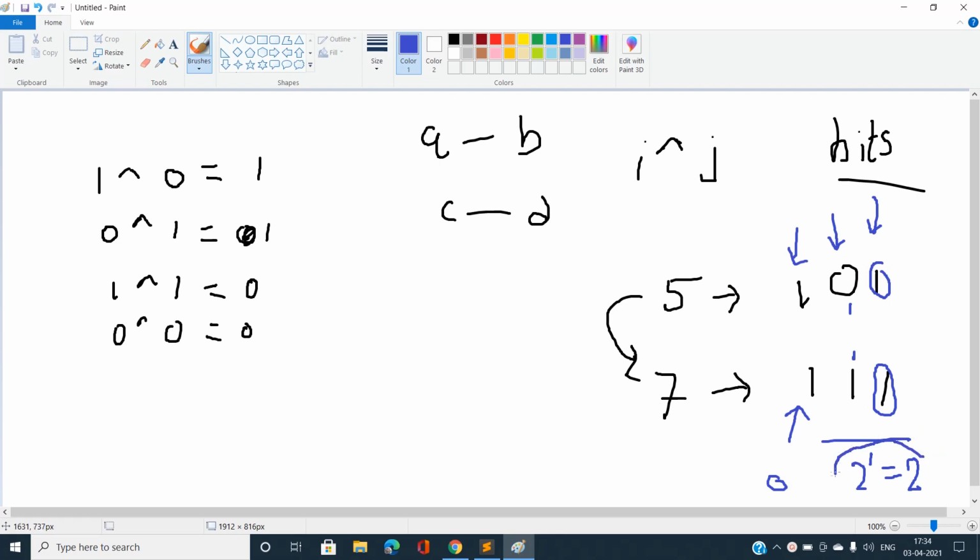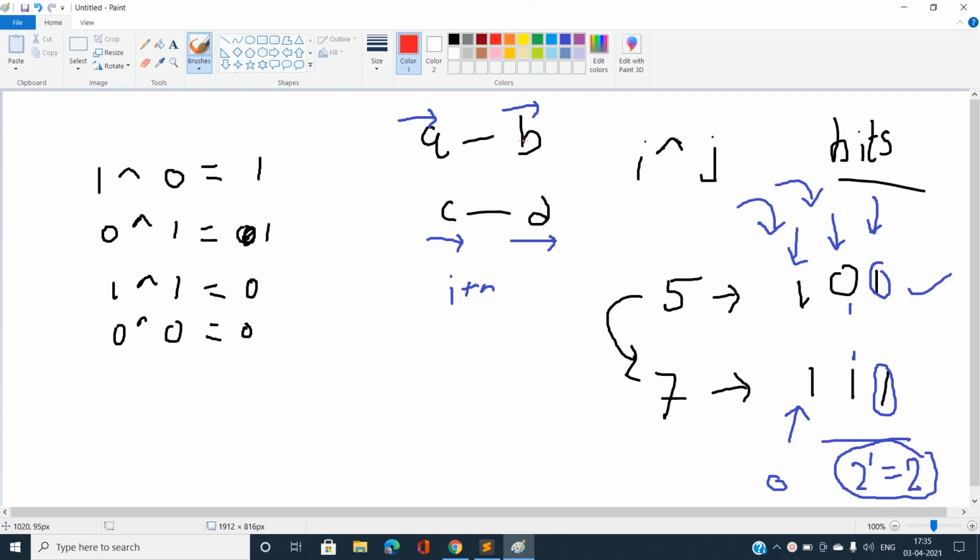So how can we do this efficiently with the help of the bits? Okay, so let's make this concept clearer. Suppose we have all the numbers in the range A to B, and we have all the numbers in the range C to D. And suppose we are working on the ith position of the bit, or let's say the zeroth position or first position, or the second position, starting from the rightmost side in the binary representation.